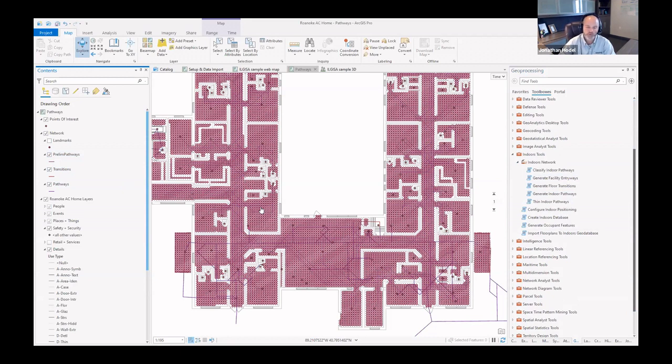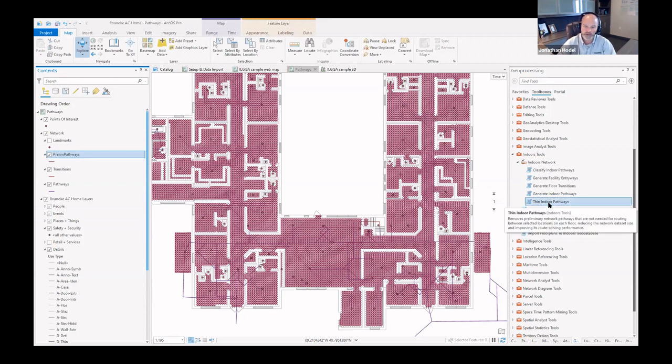What we've done when we ran this tool, it asks you to specify your barriers. So we have specified our walls, our stairs and things like that as a barrier. In other words, don't create a mesh over those areas, and it also allows you to put in a little buffer distance there. That's what we ran here in order to generate what are called preliminary pathways. So this is what you start with. Then you run this tool called Thin Indoor Pathways,